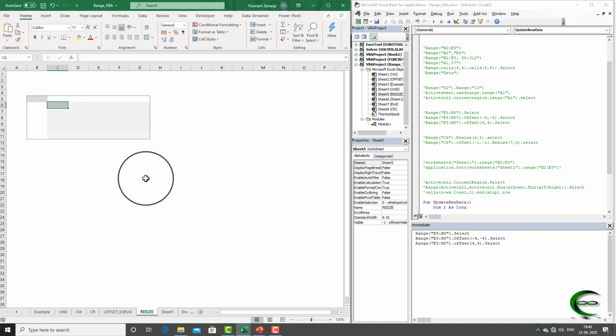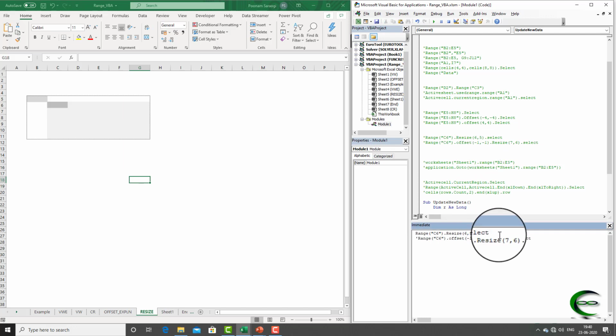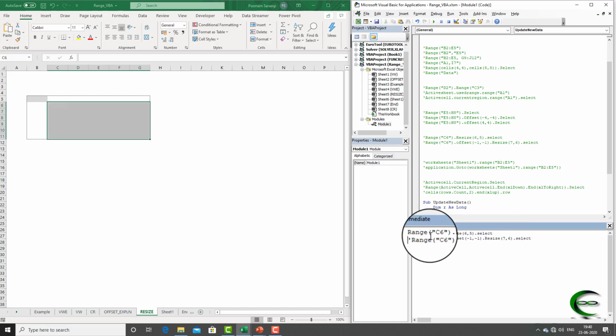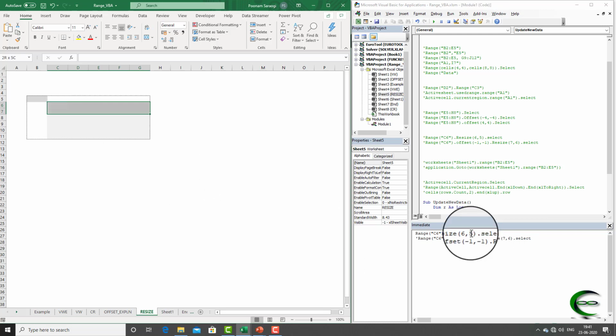Next is the resize method. You can extend your range using this property. Suppose initially you have selected this much range. We selected C6, then resized it to 6 rows and 5 columns. This is 1, 2, 3, 4, 5 columns, and 5 and 6, 2, 3, 4, 5, 6 rows.